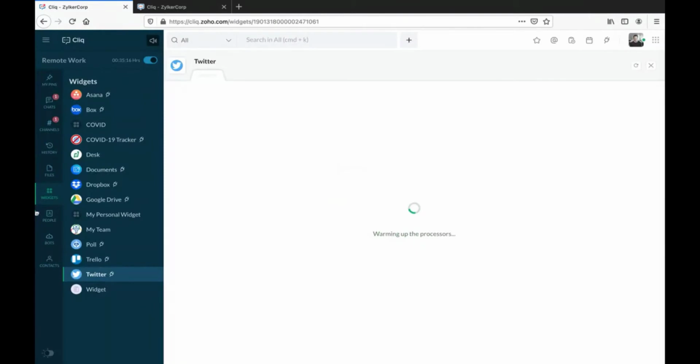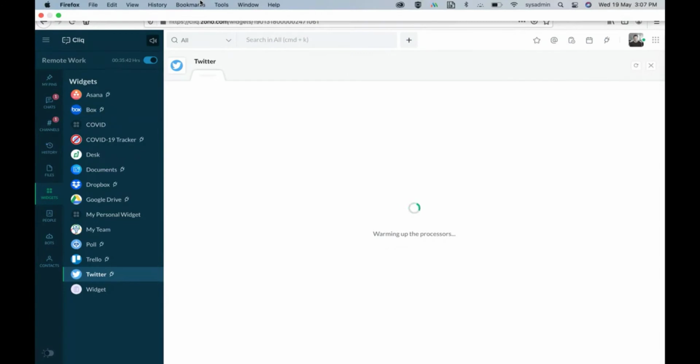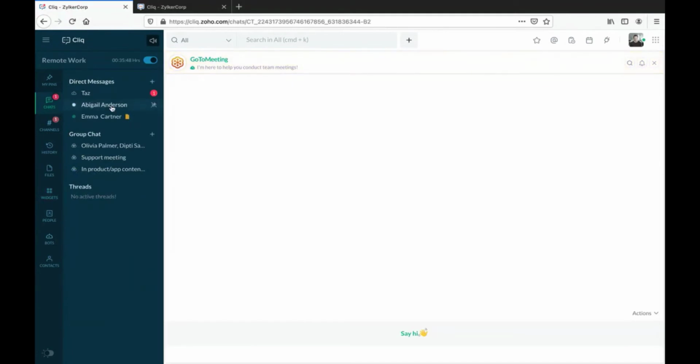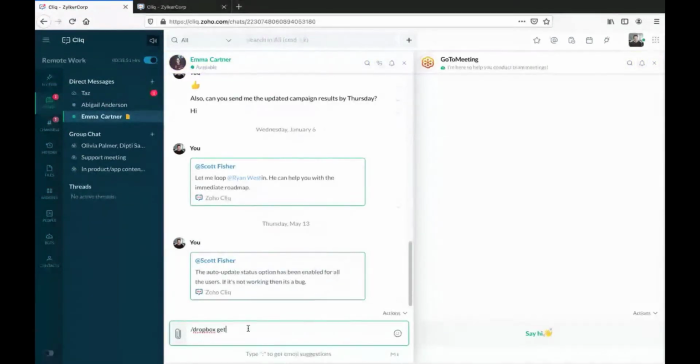And then here you have your widgets. Being a product marketer, you might have to switch between multiple tabs, log into your Twitter account, and then retrieve the information that you want. But with this widget, you would be informed directly. Here you'll have all the stats required, without switching between multiple tabs. Similarly, say you just want to pull a file, you can do that with a simple slash command here. You can do slash Dropbox and the name of the file.